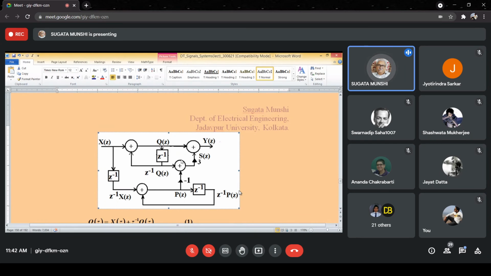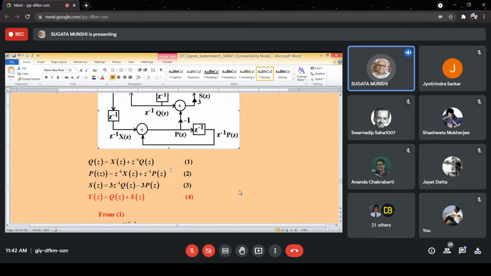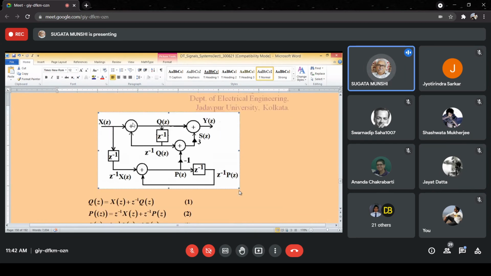Now can you formulate a set of algebraic equations? Q(z), just see, what is Q(z)? It is X(z) plus z to the power minus 1 into Q(z). All right. What is P(z)? Oh, P(z) এর দুবার ব্র্যাকেট পড়ে গেছে।